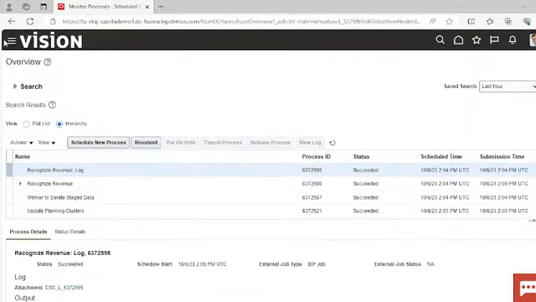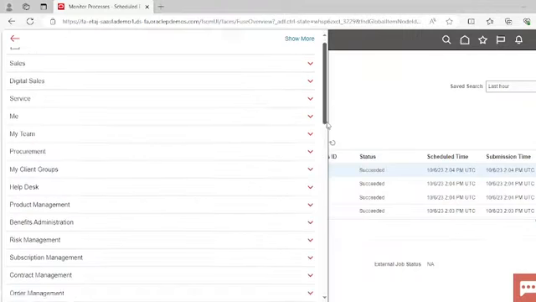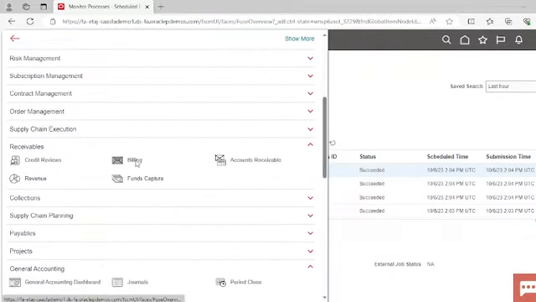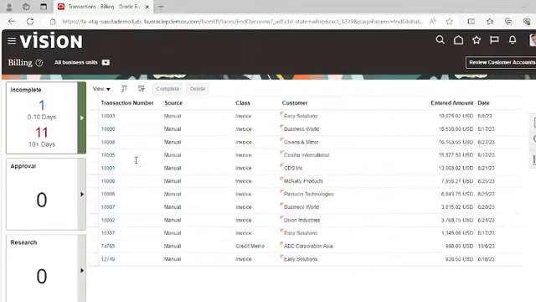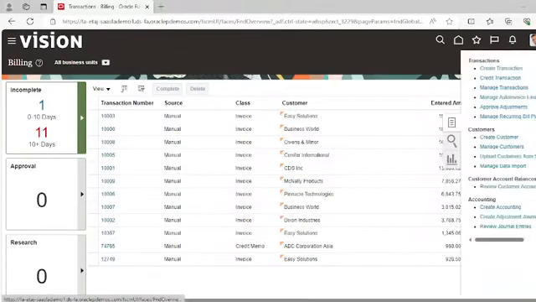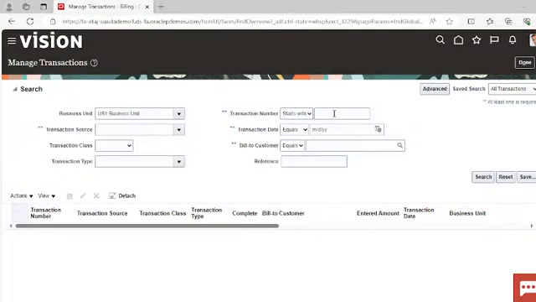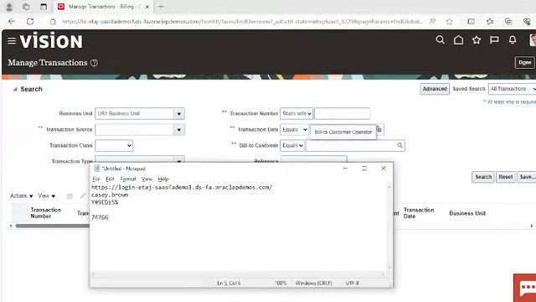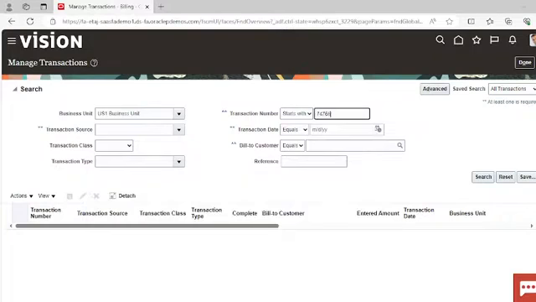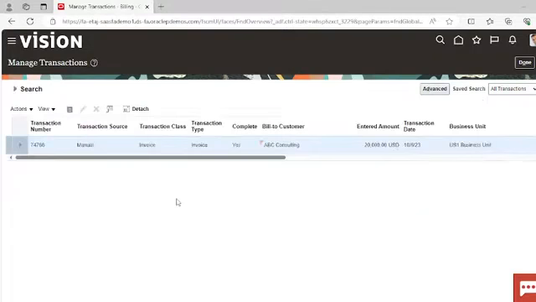Now we will directly move to the billing workbench area. And here we will search for this transaction, the transaction that we have created, that amount to rupees 20,000. Click on manage transaction, and here we have to put the transaction number 74766. Click on this transaction number,